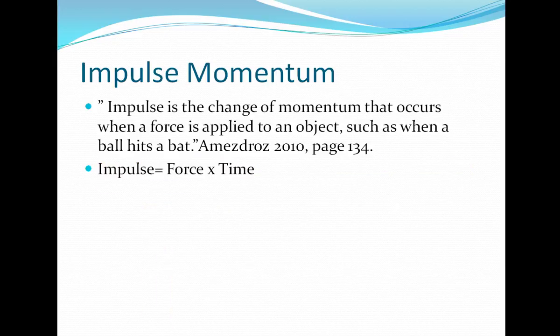Newton's law relates directly to a quote describing impulse momentum within the textbook, which states, "Impulse is the change of momentum that occurs when a force is applied to an object, such as when a ball hits a bat" (Mesdros, 2010, page 134). The formula for impulse momentum is I = F × t, or impulse equals force times time. The momentum of an object, for example in this case, the squash ball,